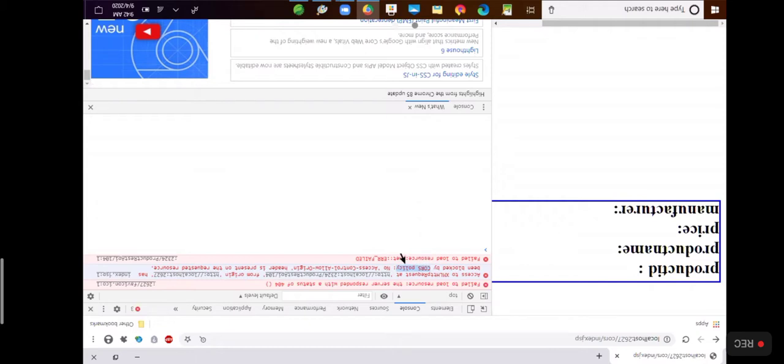So why did this CORS error occur? Because whatever the REST API which I created, that API has not enabled what? Cross-origin resource sharing support. If, for example, this server 2324 product REST API 104, whatever the URL, if CORS support is enabled, then the script running on browser from any server can access my REST API. But my REST API is running on one server, script is from another server. By default, it is not accepted. By default, it is not allowed.